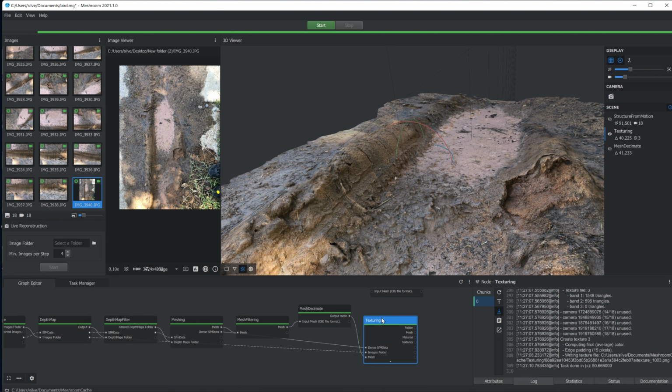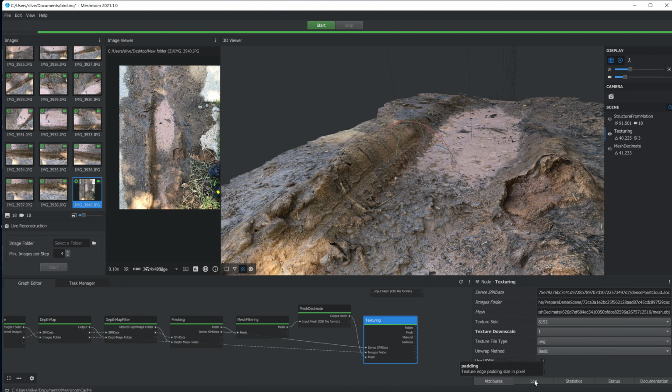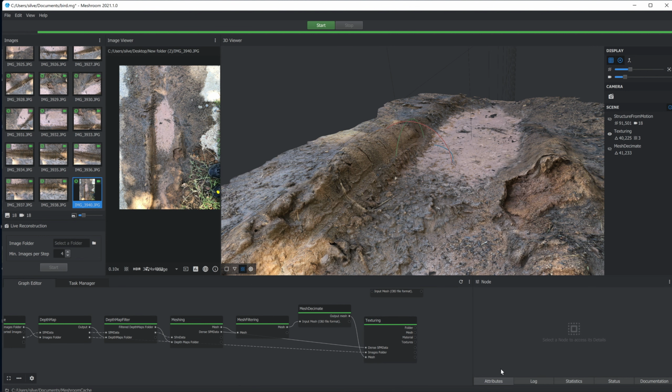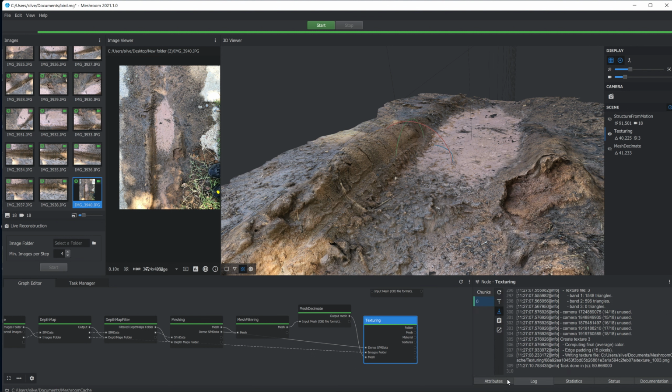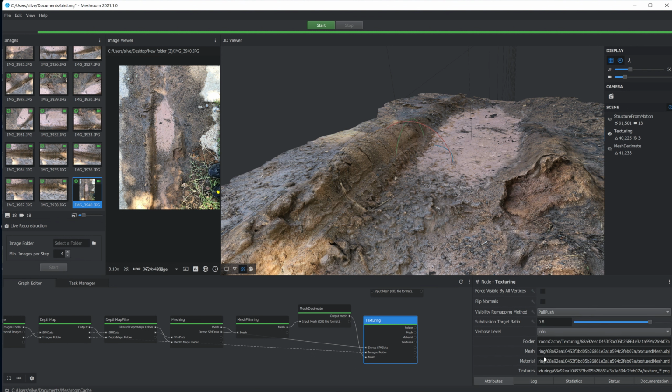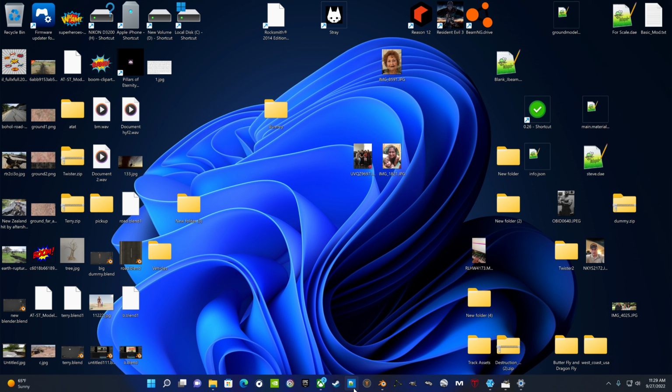Now going into Blender with this low poly model, it's just like the other way. You just import it in just the same way. Go to the texturing here, go to the attributes, go down to mesh here, copy this to your clipboard. Now you won't see anything if you right click to say you want to make a copy, so you just have to hit Control C on the keyboard. And then in Blender,